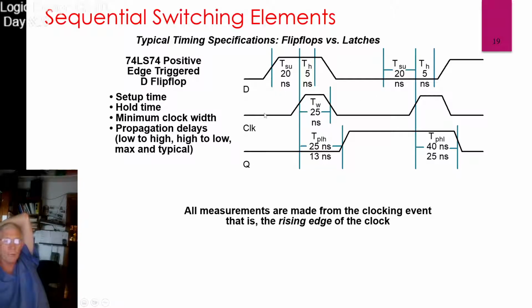And also, there are constraints on the clock. There are constraints on how fast Q can change, and also there are definite rules about how long D has to be present before the active clock edge, and how long it has to stay good after the active clock edge. In this case, 20 nanoseconds before is our setup time, and our hold time is 5 nanoseconds. And that's the same